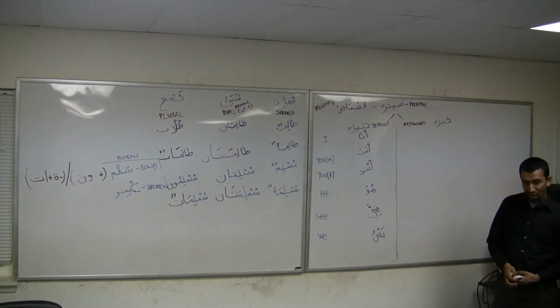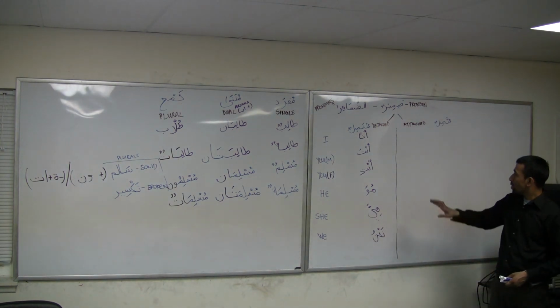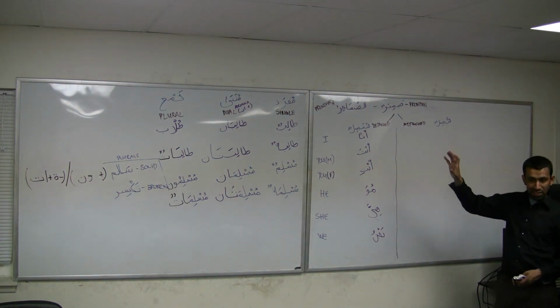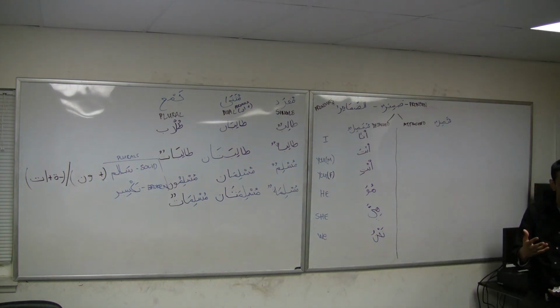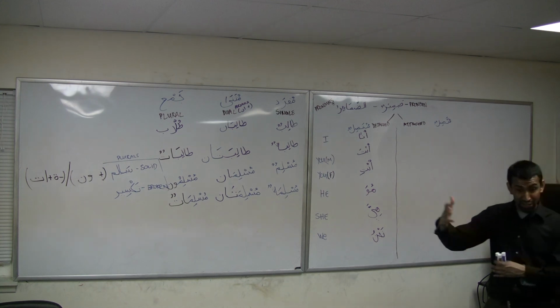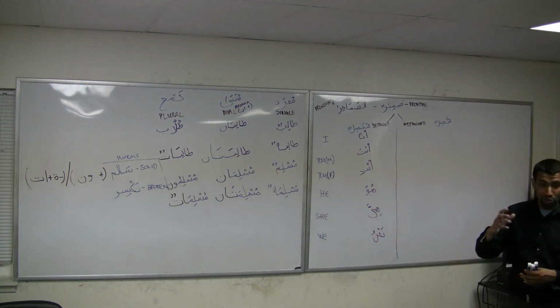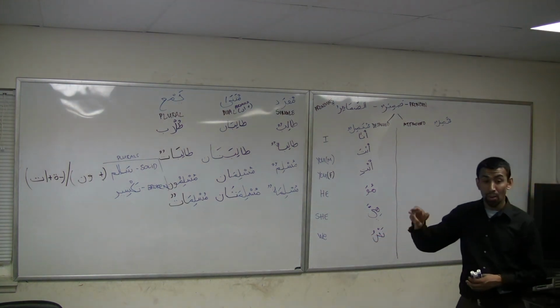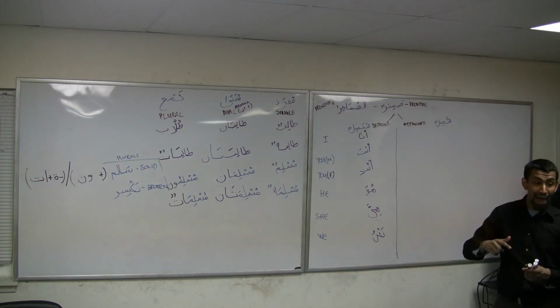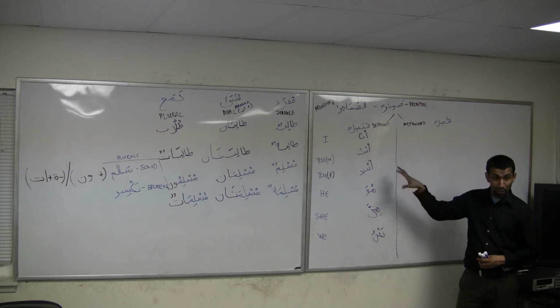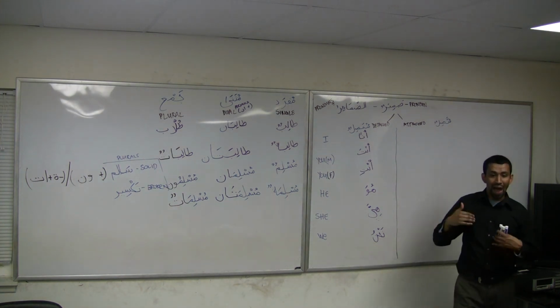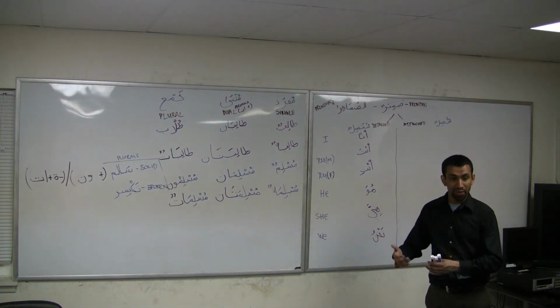Now, just so we remember, muntasil is the concept of possession, or when we use pronouns in English, we refer to someone as he is a student, or we use a pronoun that says that's his book, or that's my book. So the first category that we did was when we said, I'm a student, he is a Muslim, she